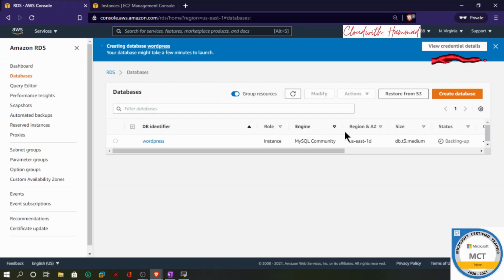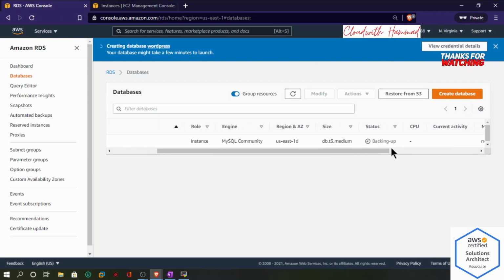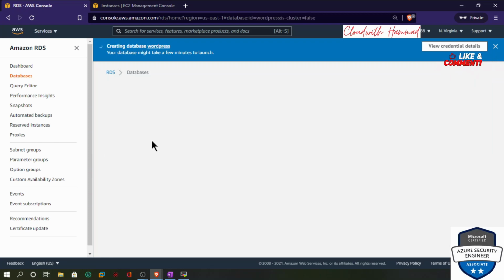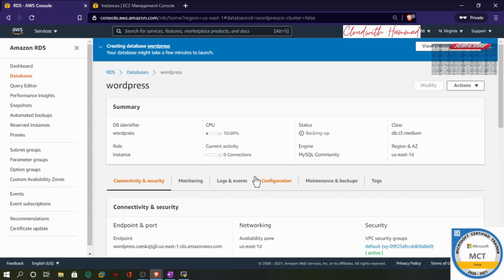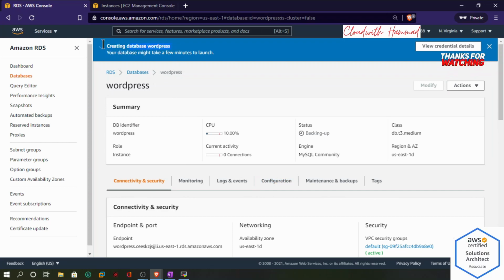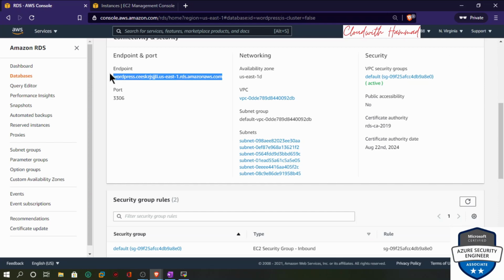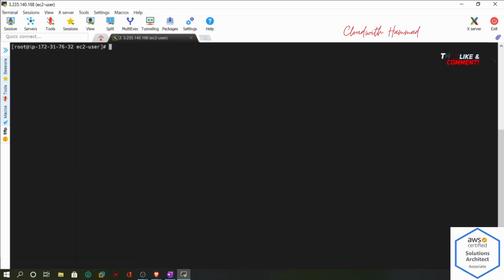We want to make sure that this is still taking time. Go here. It is creating WordPress, so that's fine, but it does have an endpoint here, so we're going to use this endpoint to set up our EC2. Once that is done,